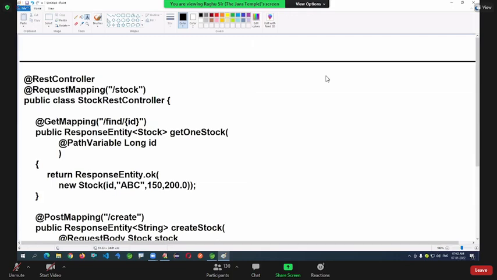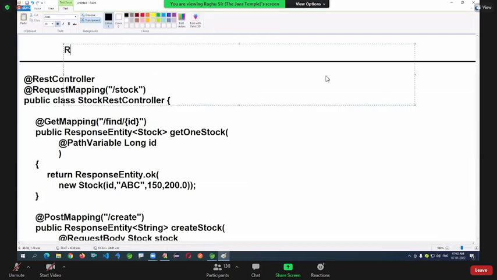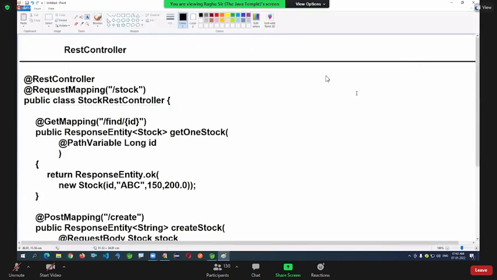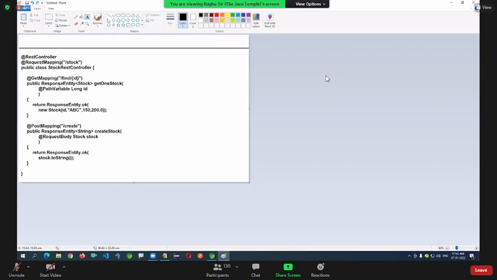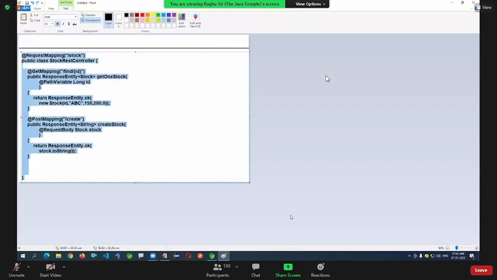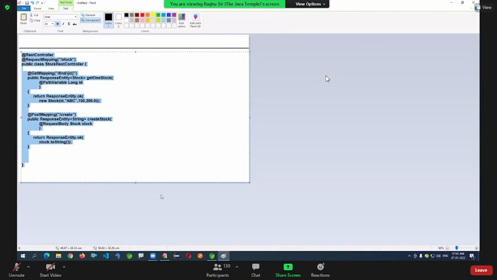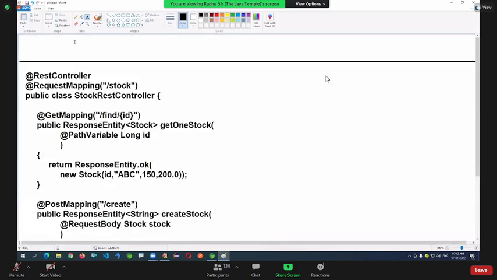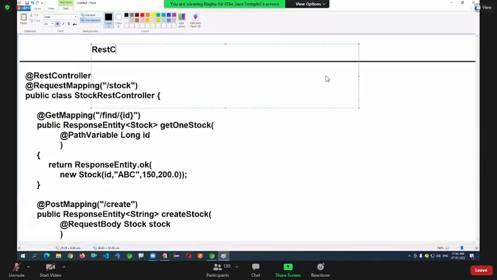This is the REST controller I'm writing.